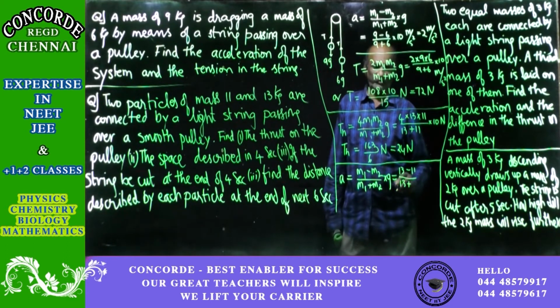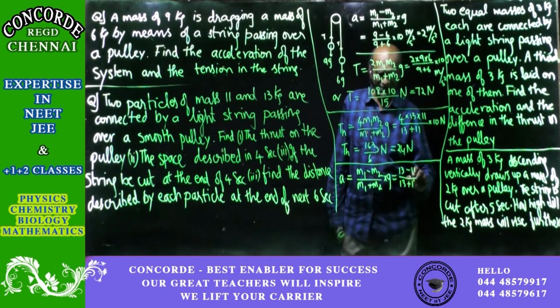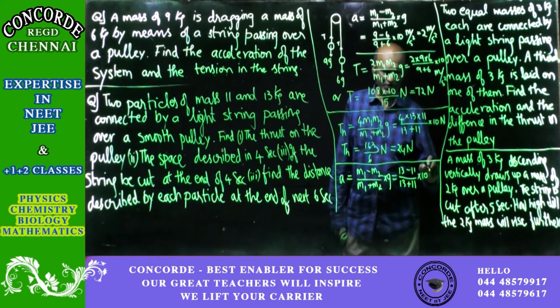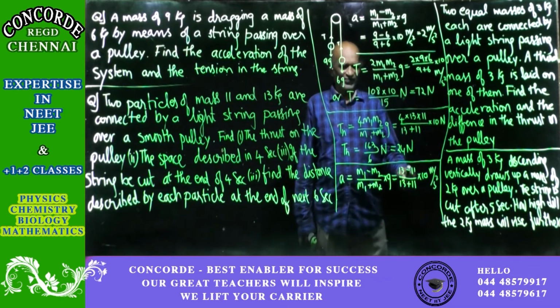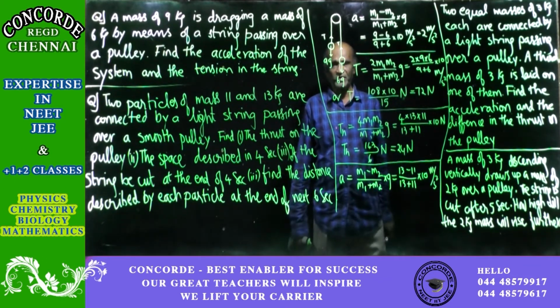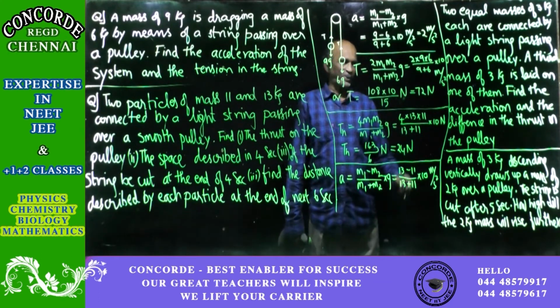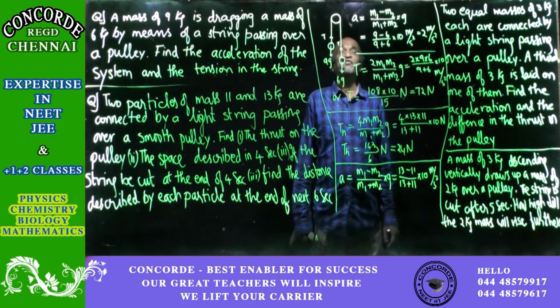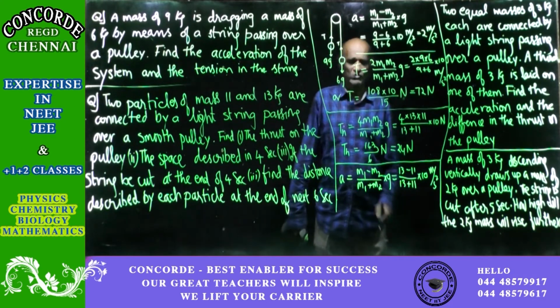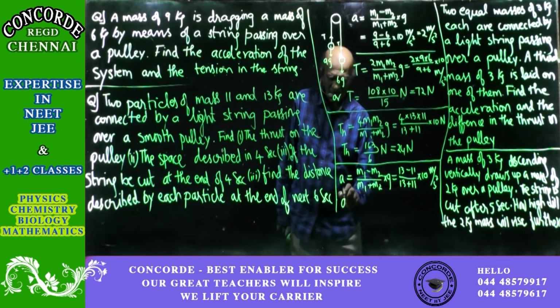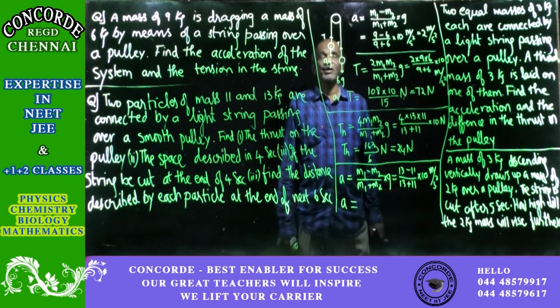I am sorry, not 12, but it will be 11 again into g. g is equal to 10, and acceleration will be in meters per second square. 13 minus 11 is 2, 13 plus 11 is 24, so it is 2 by 24, which is 1 by 12. So it will be equal to 10 by 12. 10 by 12 is equal to 5 by 6, and 5 by 6 will be very close to 84. So the acceleration, not 84, it will be 0.8333 and so on.